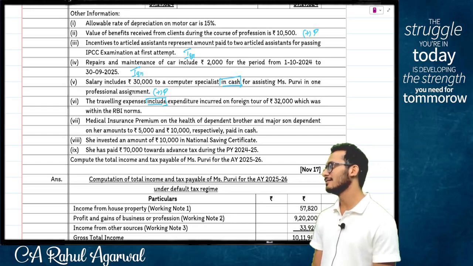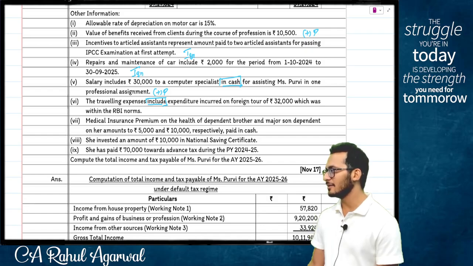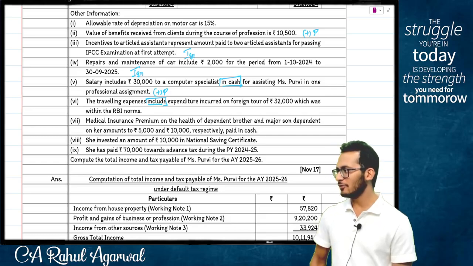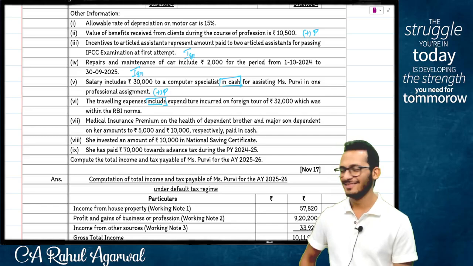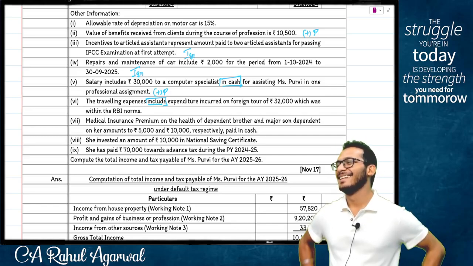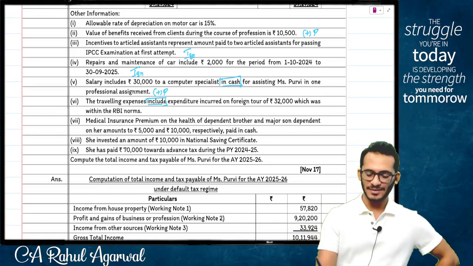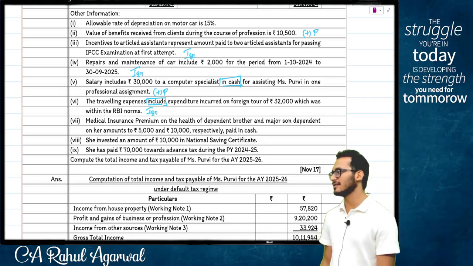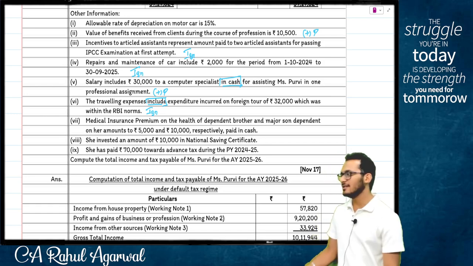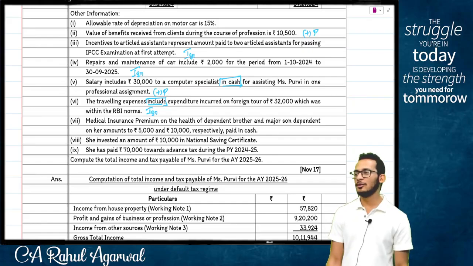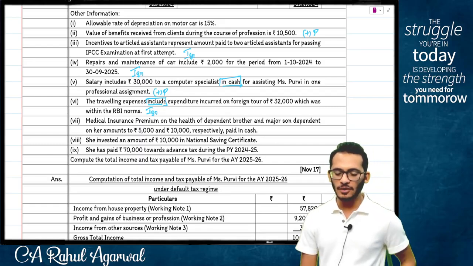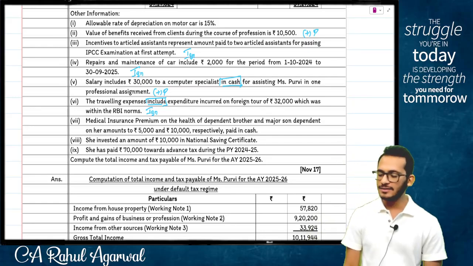People, where is it personal? Where is it written that it is personal? CS do not go for work, CS don't go for foreign tours, all the work happens in India. People, what to do? Ignore. It's a traveling expense. Nothing is given that it's personal in nature. Assume it is a professional nature payment, and for a professional nature payment RBI itself is saying you can pay. Who are you to object to this? Next, medical insurance premium on the health of dependent brother and major son dependent on her amounts